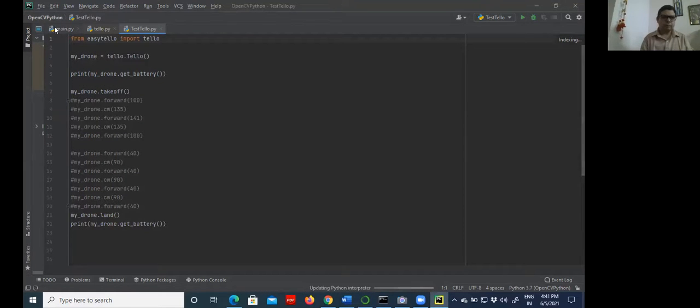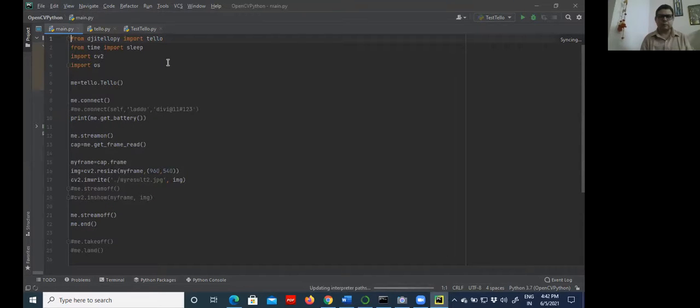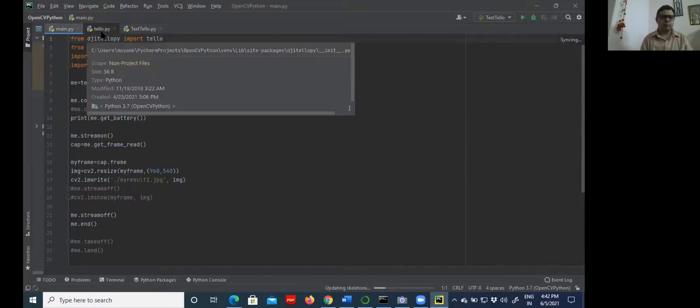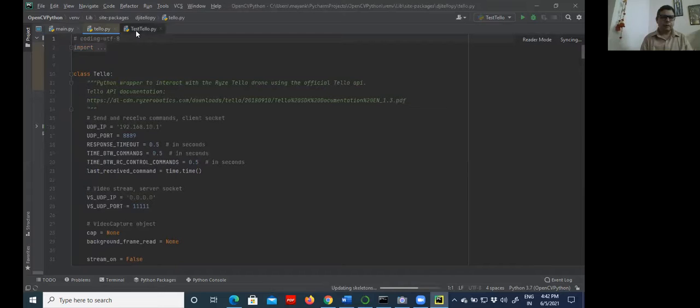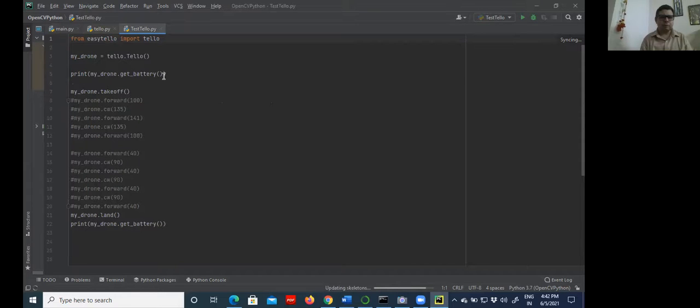Now we have basically two types of libraries available in the market. The first library is the DJI TelloPy library, which we can import as Tello, and this library is available on GitHub. Second, there is another library also available for drone programming.